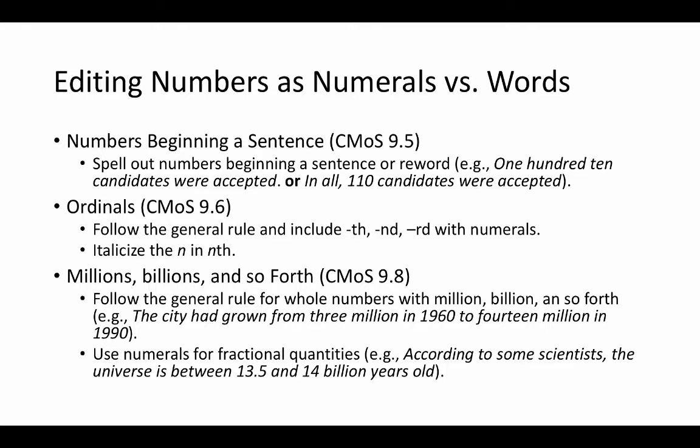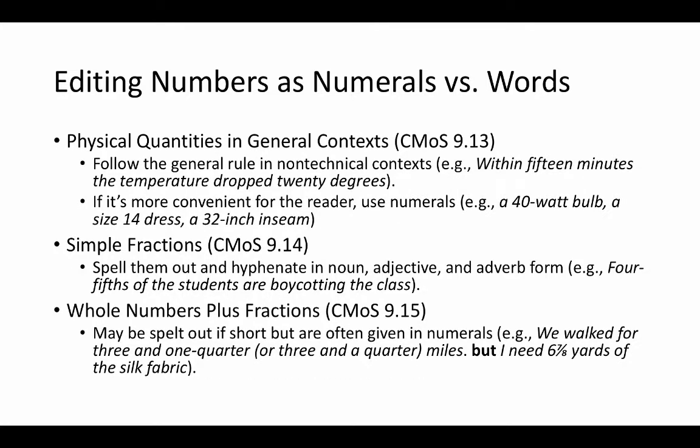Use numerals for fractional quantities, so 13.5 and 14 in that case. So for physical quantities in general context, you can spell them out, 15 minutes, 20 degrees, but if it's more convenient for the reader and you think it just looks better and is more useful, just use the numeral, as in these cases. For simple fractions, you can spell them out, 4/5. For whole numbers plus the fractions, it may be spelled out if they're short, but often they're just given in numerals. So we walked for 3 1/4 miles, or I need 6 7/8 yards of the silk fabric. You can sense when it might be awkward to spell out and when it just makes sense to use the